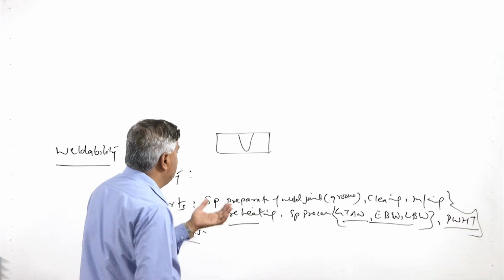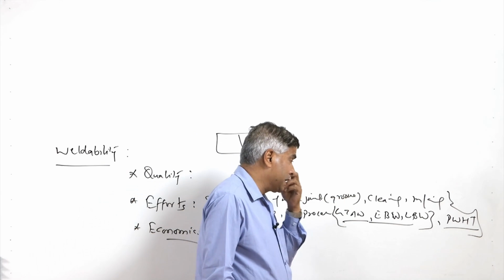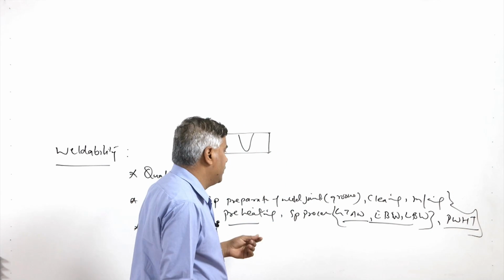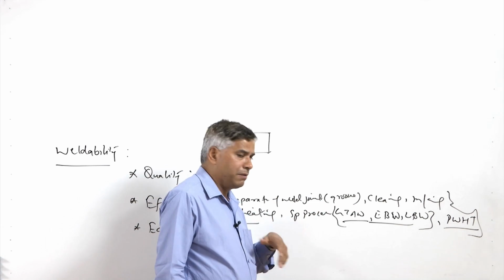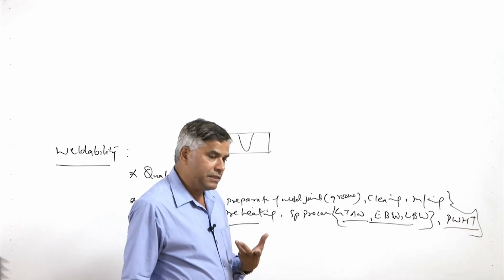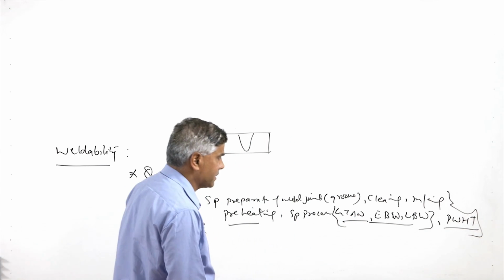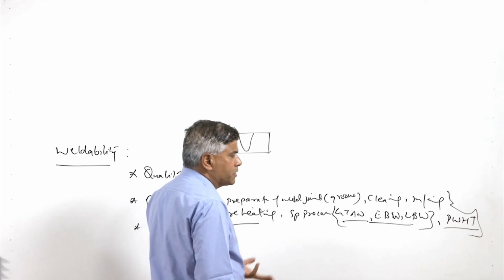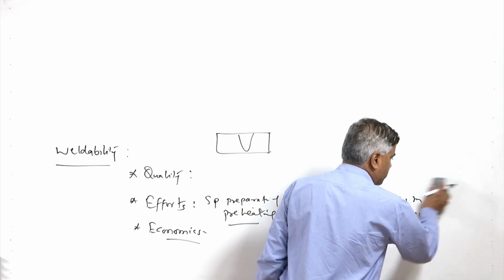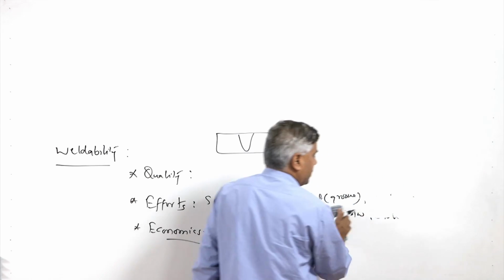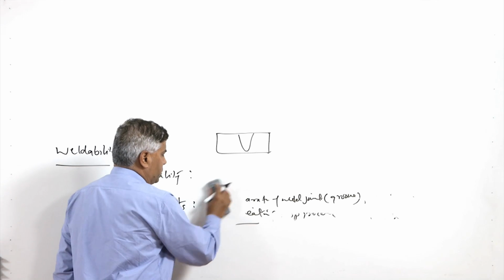If a joint can be made without much special preparation of the groove, without much cleaning, without special machining, without preheating, without special processes, maybe by using the shielded metal arc welding process instead of high energy density processes, and if there is no need for post weld heat treatment, then of course in that case the metal will have much better weldability as compared to the case when all these special steps and efforts need to be used.